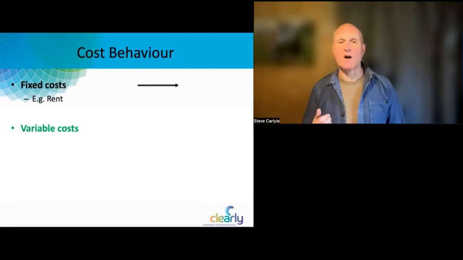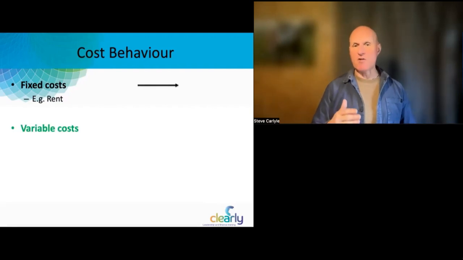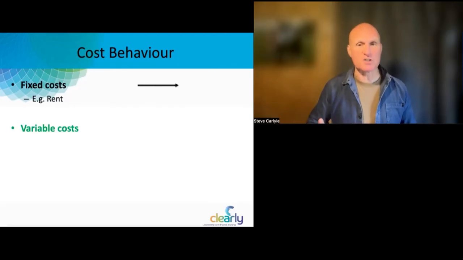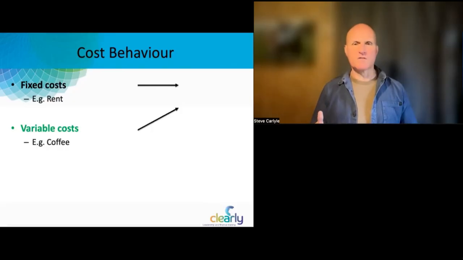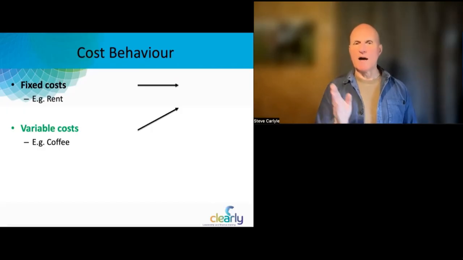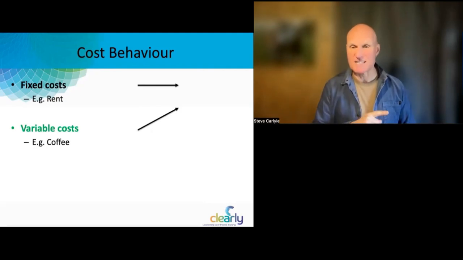Secondly, we've got the variable costs. Now, these are the opposite. The variable costs vary with output. So for each extra customer, you've got an extra cost. Every time you get an extra customer, these costs rise. So in the coffee shop, a great example would be the cost of the coffee or the cost of the milk. Every extra customer that comes in and buys a cup of coffee, you've got to pay for that extra coffee, that extra milk. So they're variable, they rise. You can see the arrow going up from left to right as the number of customers rises, then this cost